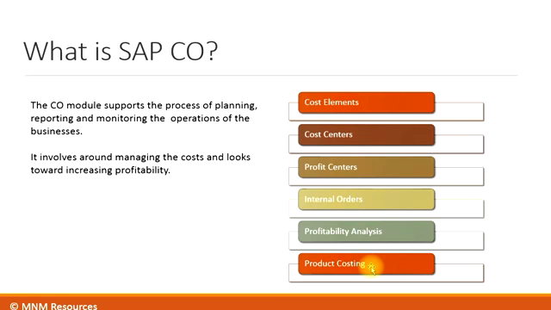Product costing deals with analyzing the cost to produce your items. So this will help you to manage the cost of your production. By minimizing the cost or optimizing the efficiency of the processes, you can analyze the cost, put a plan value, put a budgeting value, and see how much your variation is between the costs. Overall, the CO module deals with managing the costs.